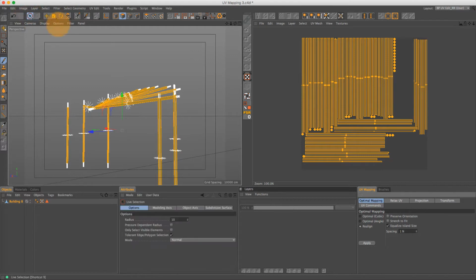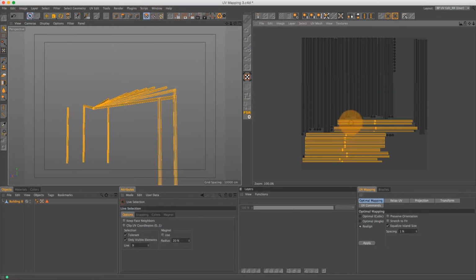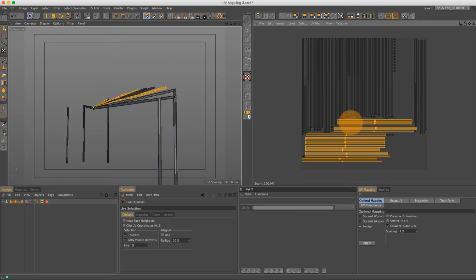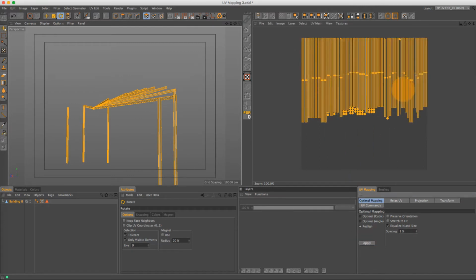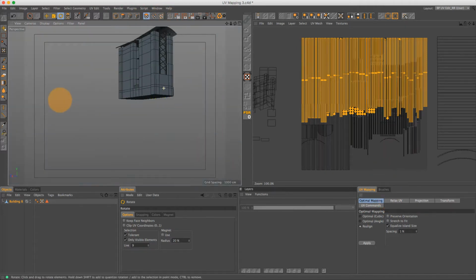I'll select all the UVs that are horizontal, press U and W, and I'm going to rotate it, and then I'll realign those as well. And you see how they all pretty much match up at this point, which is good. This is what we want. And then I'm going to show everything one more time,